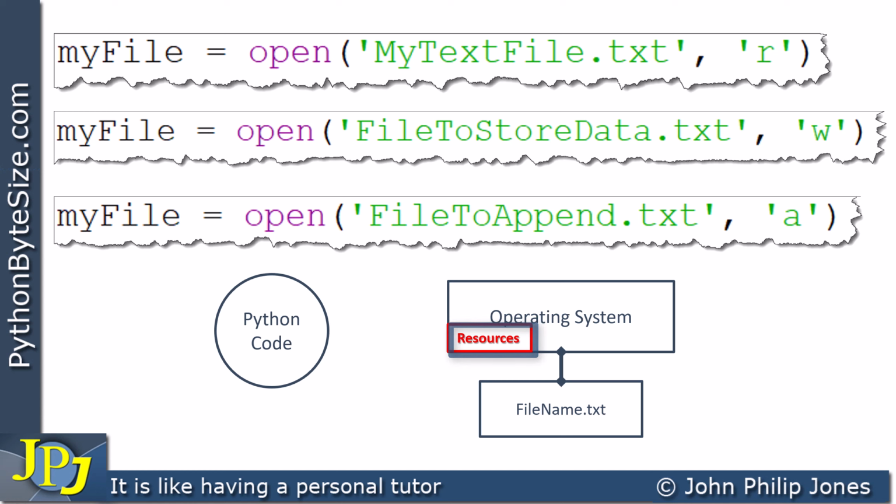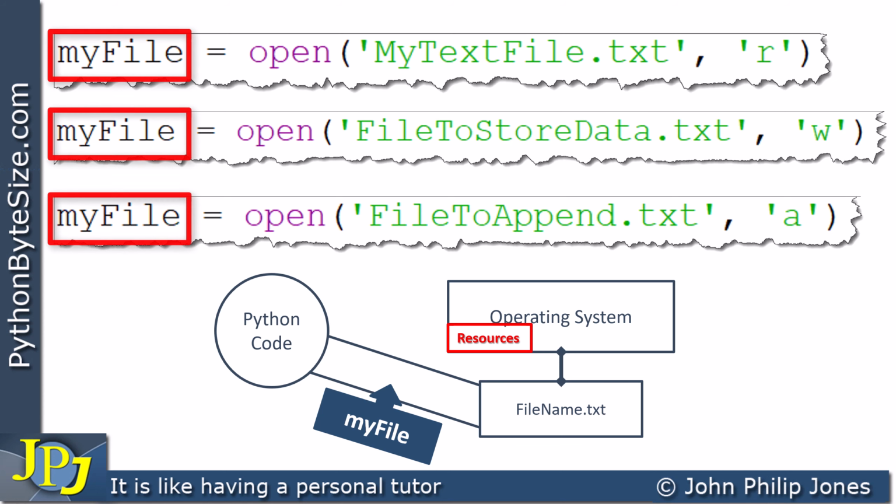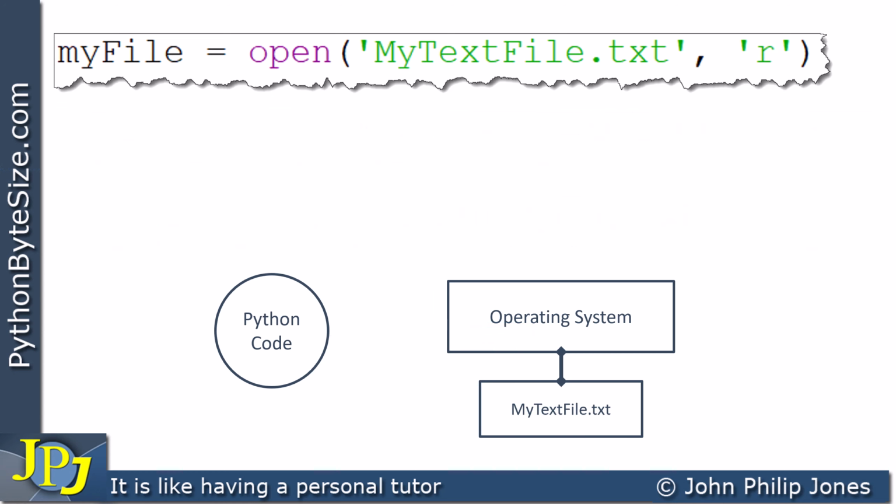And of course, once the resources are in place, there will be a stream between the Python code and the file as shown here. And the stream has got this name, my file, which you can see reflects all of the names that I've used here in the program statements. Let's consider the first program statement, and we can see that we're going to be opening this text file, and you can see on the schematic diagram I've represented this file here, and you can look at the name I've called it. I've called it the same name,